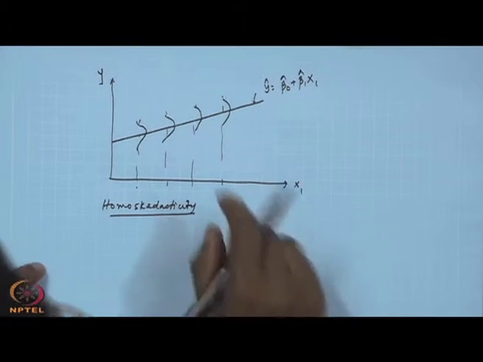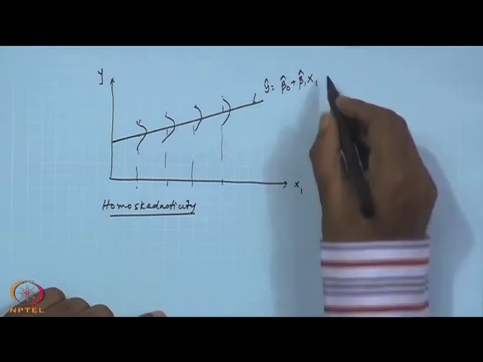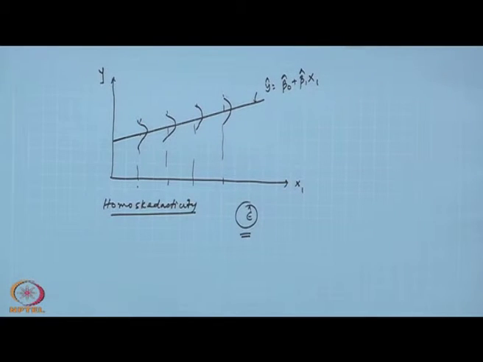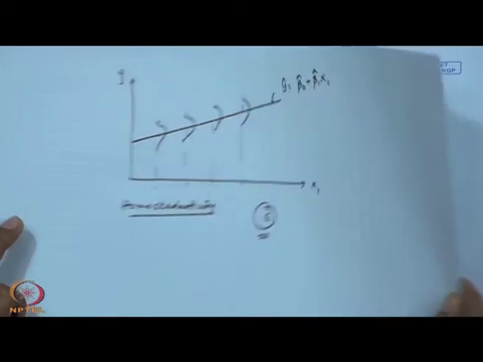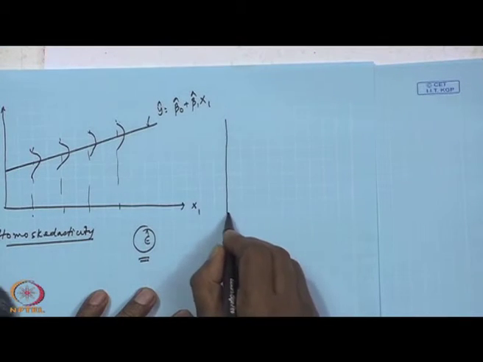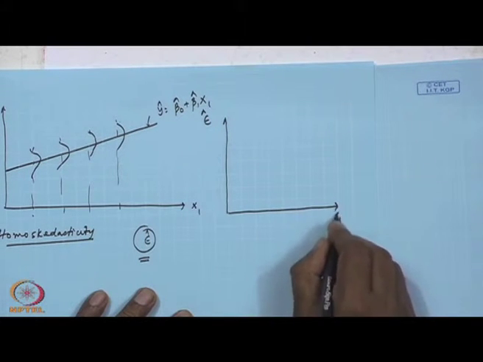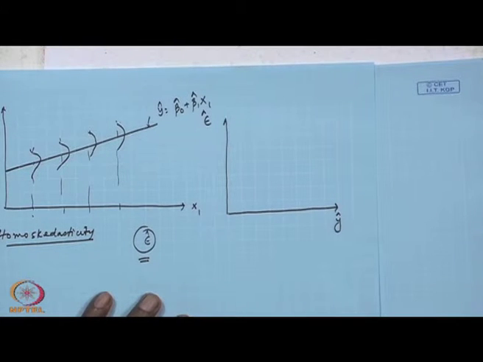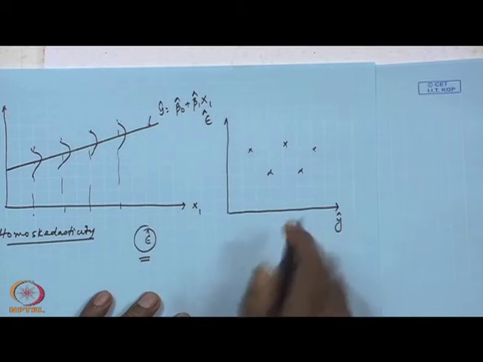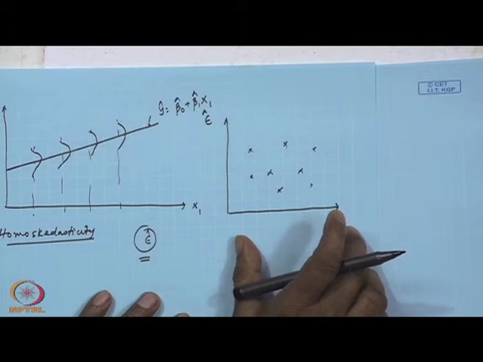Okay. Now, when you are fitting the regression line, you get this line, then where does this variability go? This variability will be accounted for by your error term. Okay. So, if you do the residual plot, you will get the picture, and if there is heteroscedasticity, it will be revealed. If your error versus residual plot is like this, with no trend, nothing there, then this is a homoscedasticity condition.